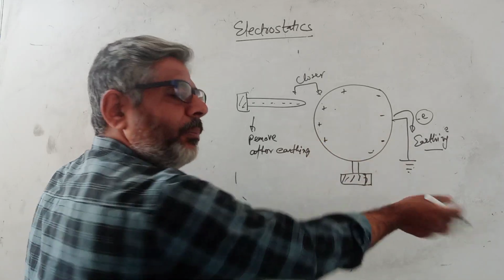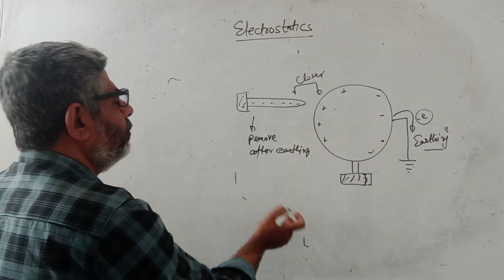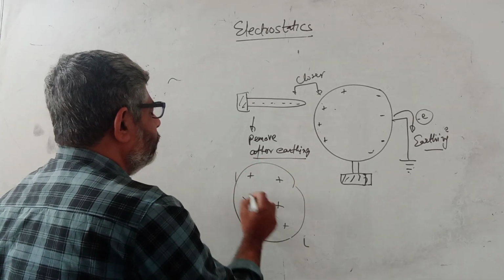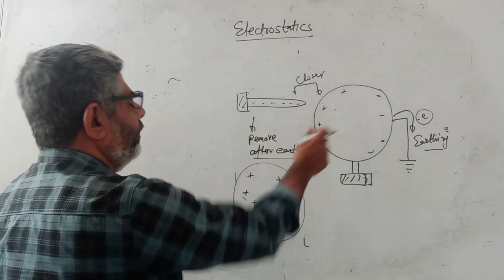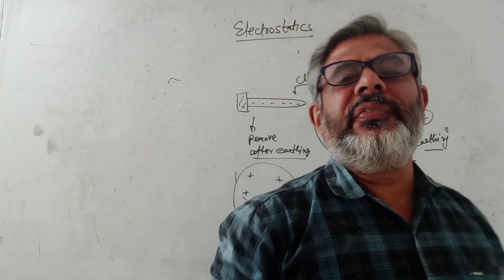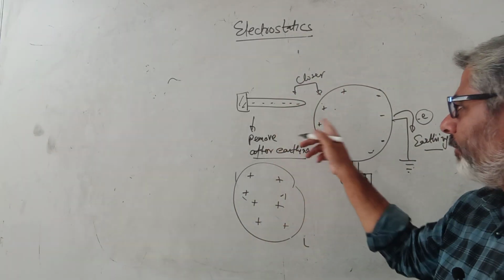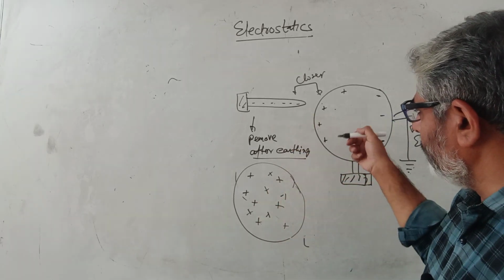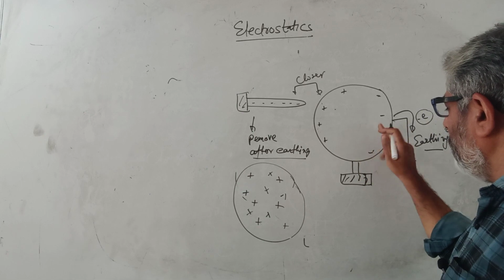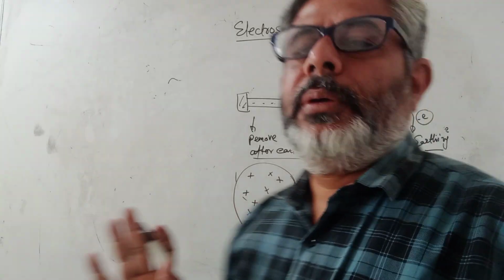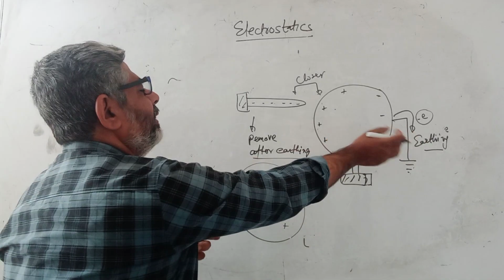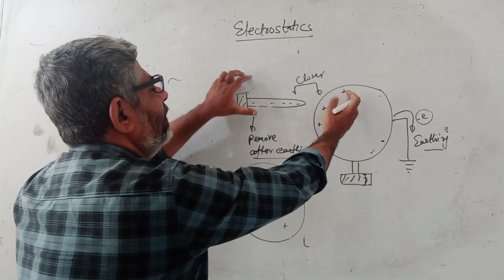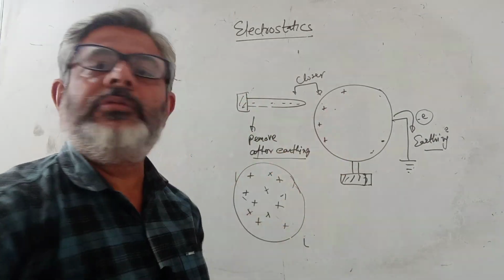So this negative charge has gone into the earth, it has moved to the ground, and this sphere, if you remove it after earthing, will become positively charged. So you brought a negative substance close to it and you charged it positively. So there is a difference between induction and conduction. In induction, the charge that you finally have on this is opposite to this, because it attracted positive charge, repelled negative, and on earthing, this negative charge goes to the ground. On removing the earthing, it is left with positive charge, and this positive charge spreads throughout and the sphere becomes positively charged.